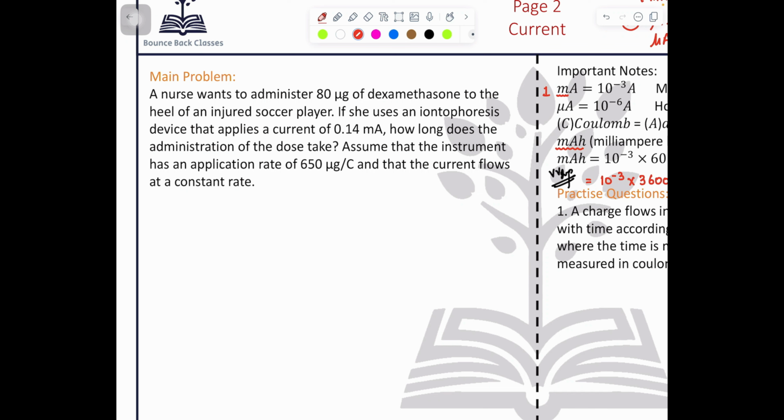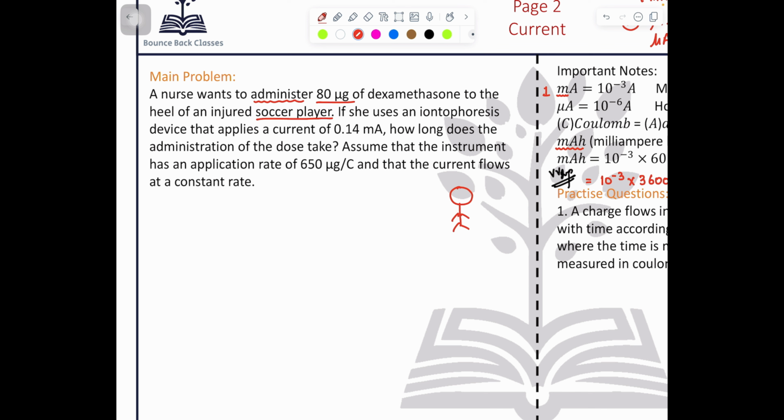Now we have question number 1. That is the main problem for the EOT, and we need to understand this question. A nurse wants to administer 80 milligram of this medicine to heal an injured soccer player. Okay. We need to understand, let's say we have a player